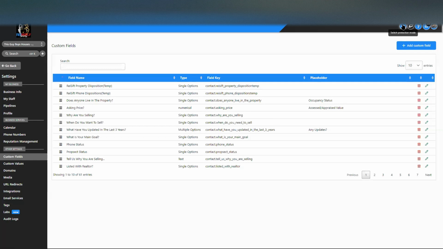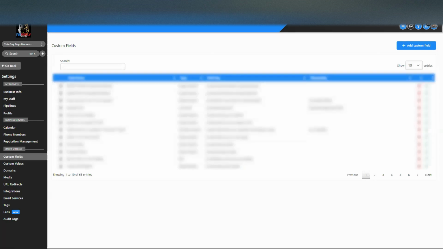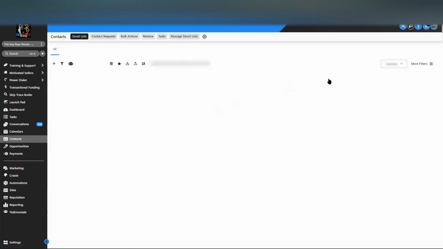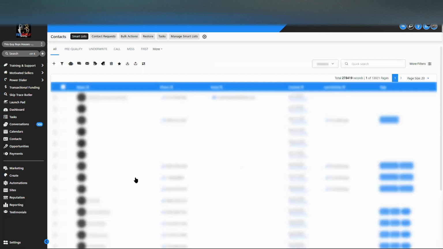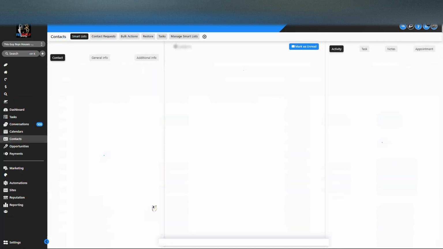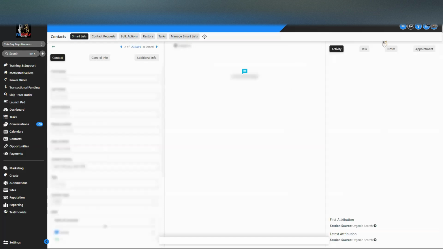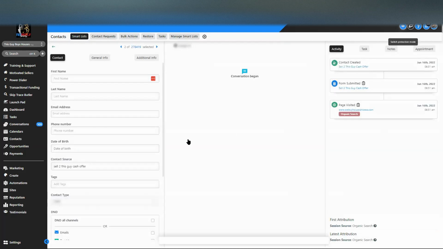I hope that makes sense. So anyway, now we got those set up. Those are the statuses that we need to update inside of REI Sift, and we've created those inside of REI Reply. So now we're going to go over to contacts. And inside of, let's just choose this random one that doesn't have any information inside of it, so I can turn this off. So inside of contacts,